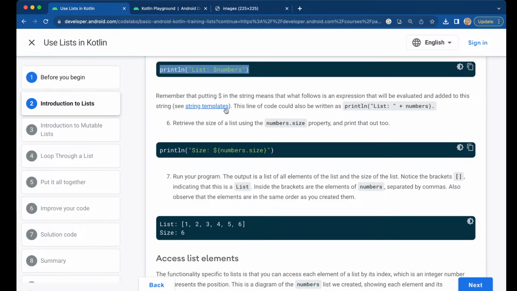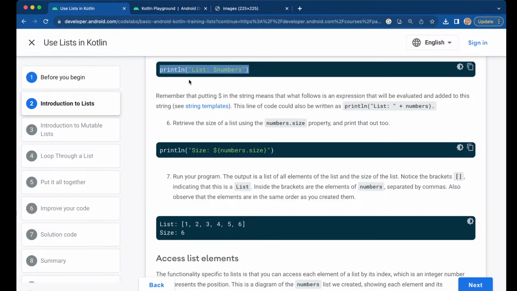See string templates. This line of code could also be written println list plus numbers. They're talking about the numbers, the $ sign here, and you use the $ sign to display a variable